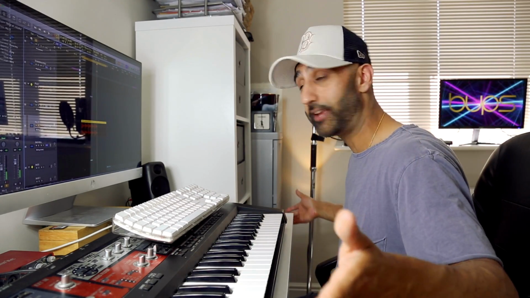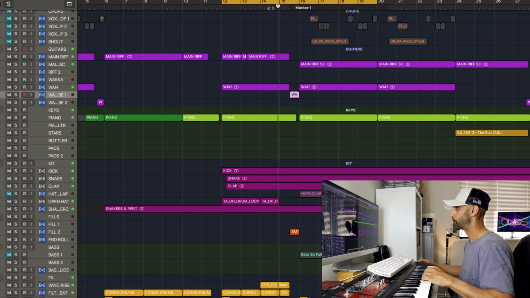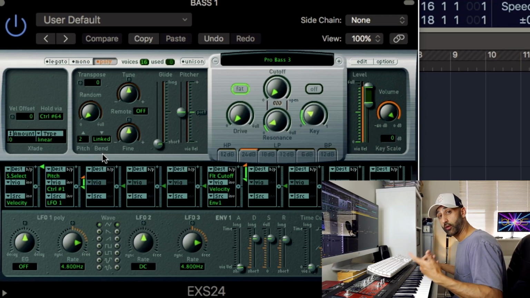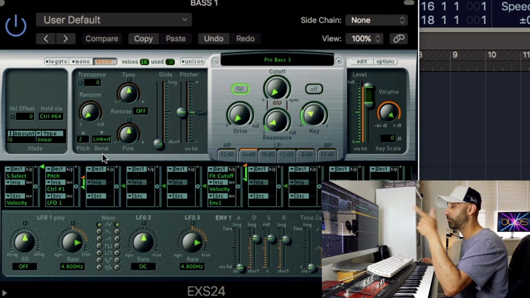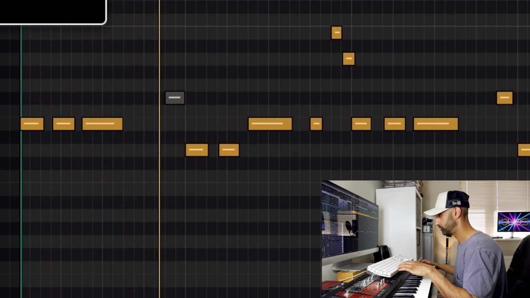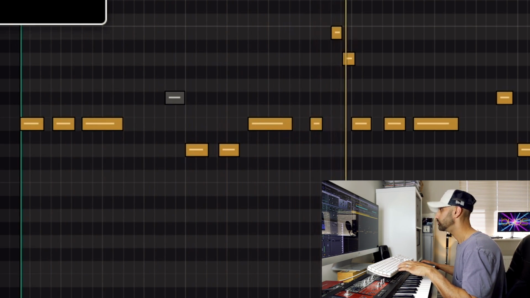Funky house wouldn't be complete without live drum rolls. To accompany the drum roll, I had a waka waka rise. Now for our bass line. I wanted my bass line to be both simple and follow the main riff of the guitar, and to change it up from my normal plugins, I decided to use the Pro Bass 3 in EXS24. And with the rest of our flavors,